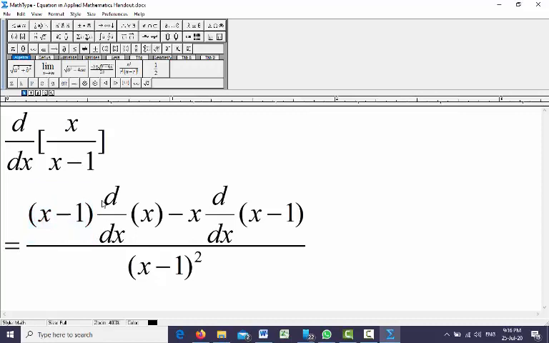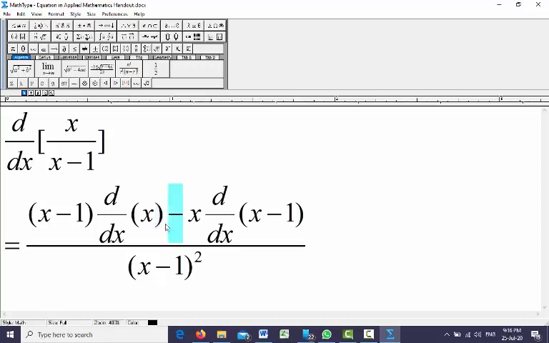And in front of d by dx, you will have the item in the numerator. So whatever you have in the numerator, you should write that in front of d by dx. And then pay attention, this is not a multiplication rule. If it was a multiplication rule, we could use a plus here. But this is a division rule, so we will have a minus here.